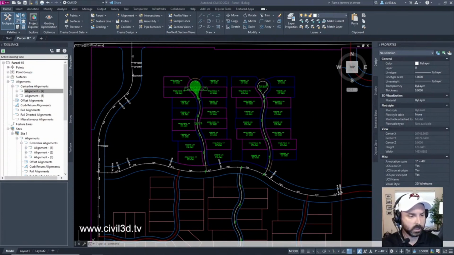Okay, and that's essentially it for this portion. Where are we at? We're almost at 15 minutes here. Okay, let's move on to the next one. We're going to go to editing parcel data, I believe. Yeah, let's see what we got here. Editing parcel data. Let's go ahead and move on to that.